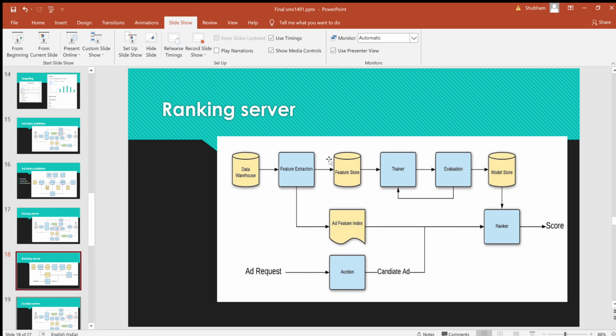Suppose an advertiser wants to run an advertisement campaign that costs $40 and intends to display the advertisement to 20,000 users for a week. However, it is possible that in one day all the impressions are displayed to the 20,000 people, which is not desirable for the advertiser. This should not happen, hence the pacing server keeps track of the limit of the advertising campaign, the number of advertisements shown, etc. And based on that, it distributes the advertisement display in intervals.